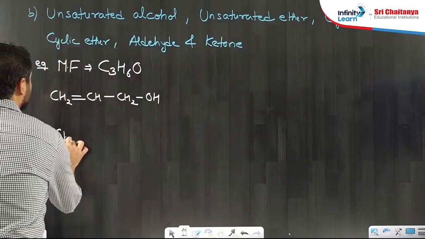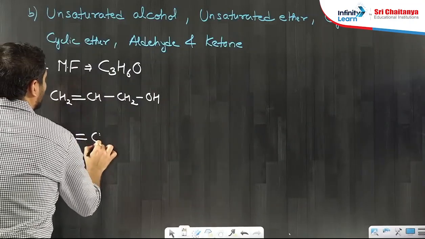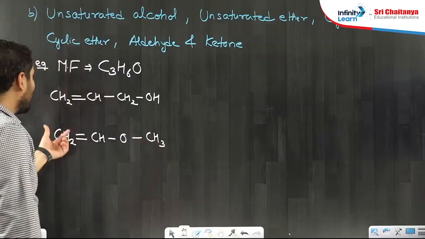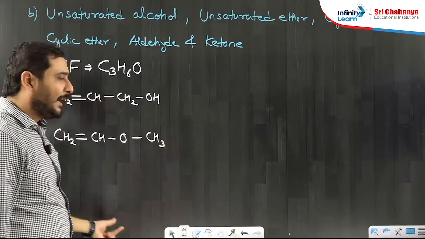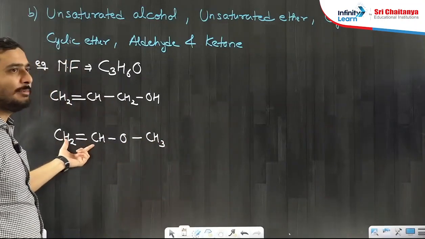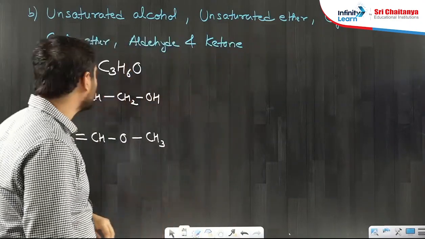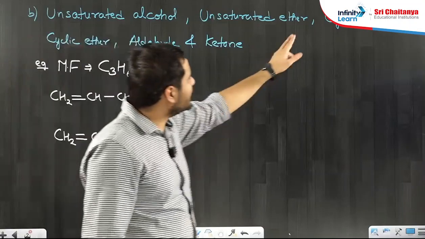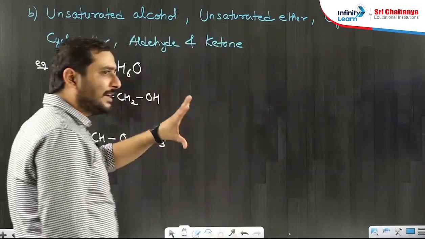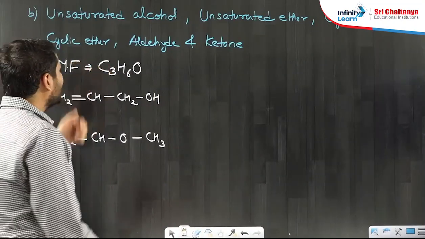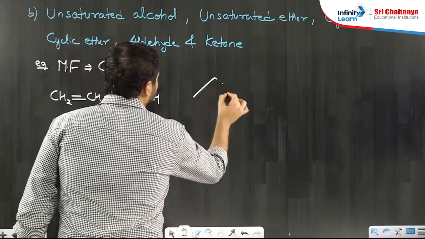Next we have to write unsaturated ether. So if we write unsaturated ether, CH2 double bond CH, OCH3. So this is an R-O-R ether. And on one side, if you check what is present? A double bond. So it is unsaturated and it is an example of unsaturated ether. Next we have to draw cyclic alcohol. It means a ring is present and which group is present? OH group. So how many carbon atoms? 3 carbon atoms. So if we write,